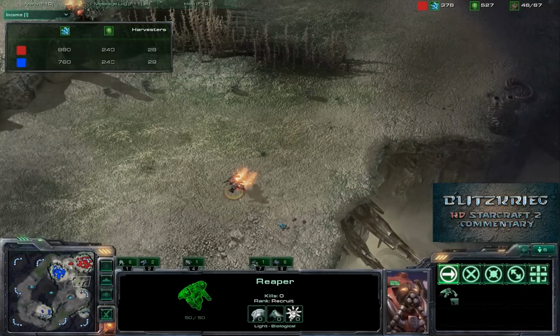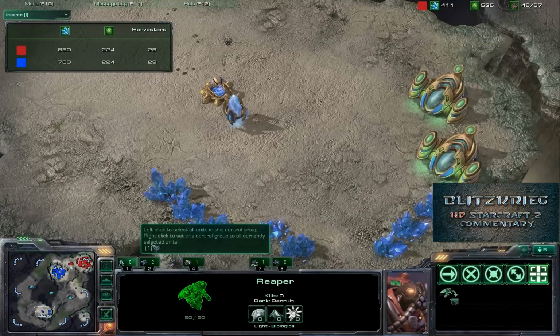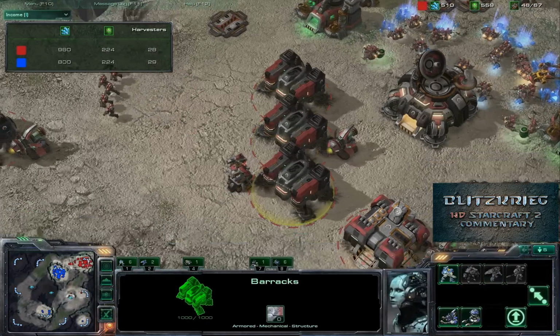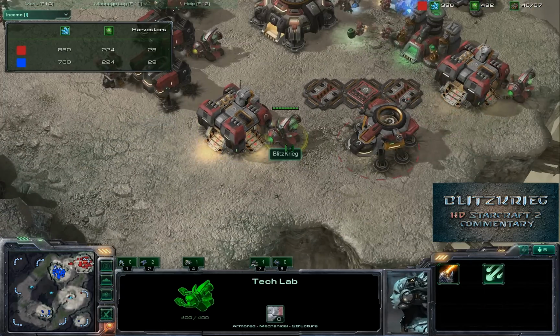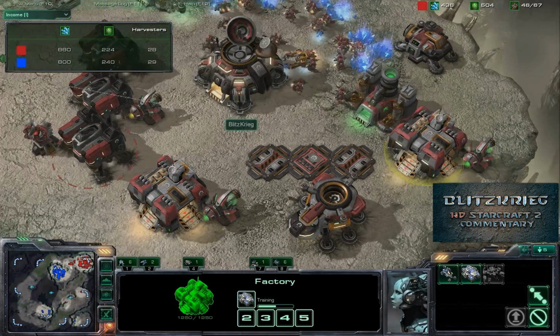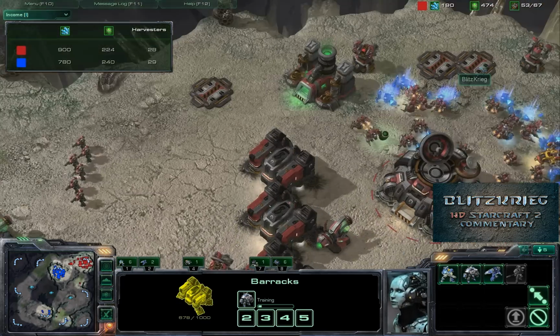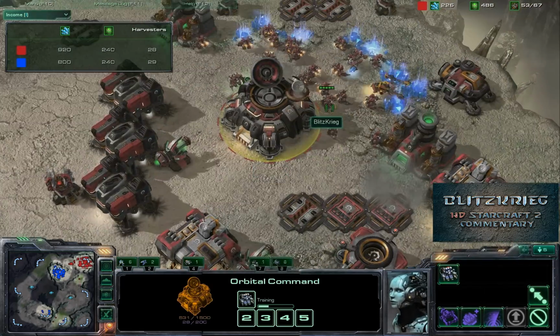So Viking moving out now, just trying to hunt out this void ray at the time being, but Reaper's moving out as well. Just going to go ahead and do a little scouting, try and peek up at this, make sure that he didn't try and come back at all down there. Still just training up. We do have a siege tank being trained up and siege tech coming out, so 2 siege tanks being trained up, Vikings being queued up, more marines and marauders being queued up, and still calling down